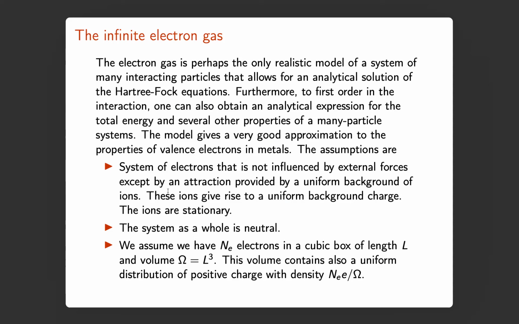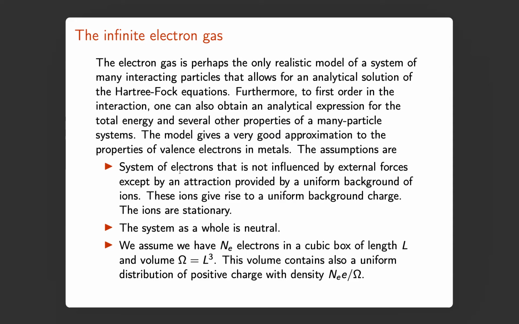And there are some basic assumptions. So this is a system of electrons that is not trapped by some external forces. If you think of an electron in an atom, like atomic neon, then you know that there is an atomic nucleus which sets up an effective force which attracts the electron, and that binds the electron. So the motion of the electrons is constrained within a certain distance by the attractive potential set up by the atomic nucleus. If you have 10 protons, that will obviously set up an attractive interaction between electrons and protons.